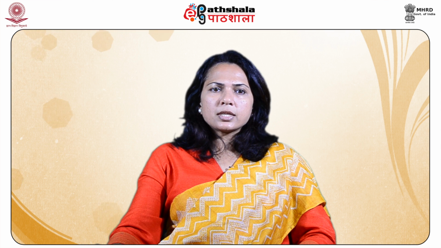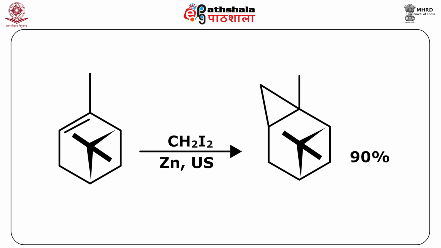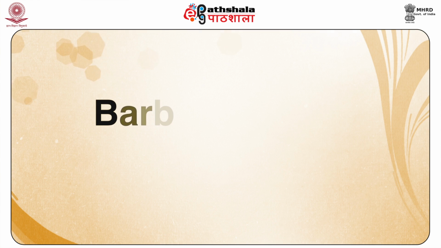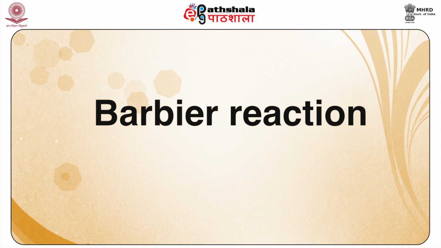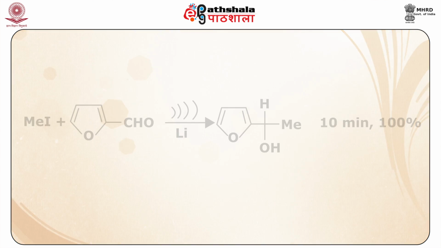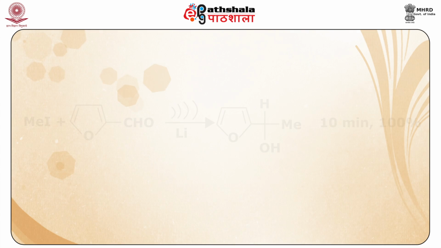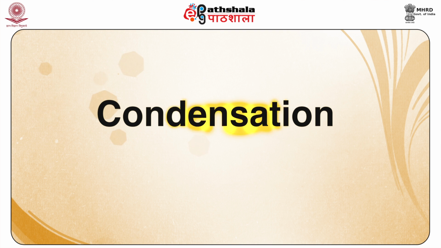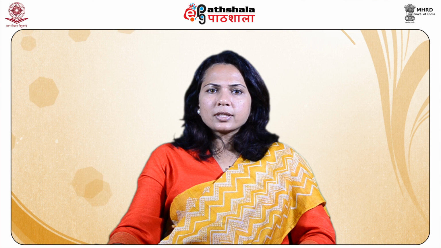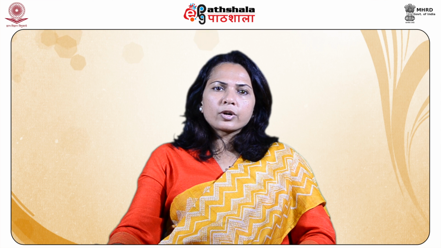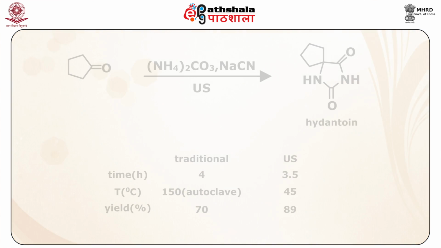We have already seen one, the Simmons-Smith cyclopropanation. We have it on a different substrate and again one can see that the yield is very high, that is 90%. Our next example is of a modified Barbier reaction, in which the reaction is carried out for 10 minutes and the yield is 100%. Thirdly, we have a condensation reaction, that is the improved Bucherer-Bergs method, in which the traditional method